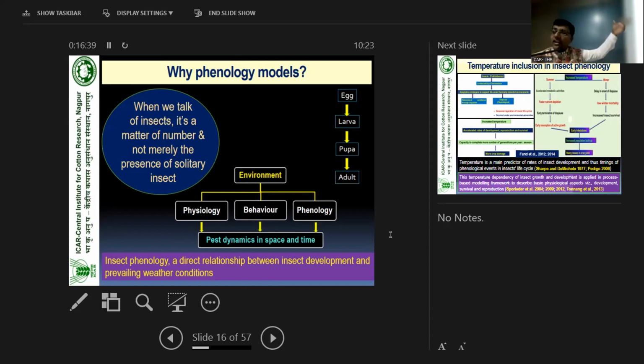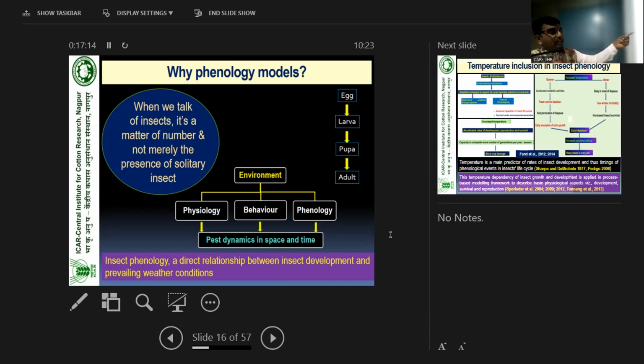Others are all heterogeneous populations, because there will always be overlapping generations at any particular point in time and space. If you look into the population of Spodoptera litura, is it possible to get only one stage, or is it all a mixed population of egg, larva, pupa, and moths? Pink bollworm, mealybugs, and whiteflies are also mixed populations with overlapping generations. Because of that, the mixed or heterogeneous population is there, and that population is altogether